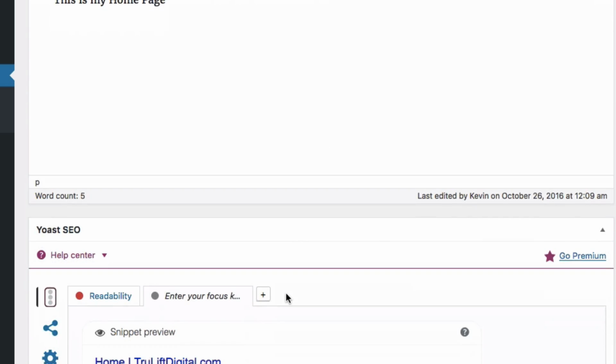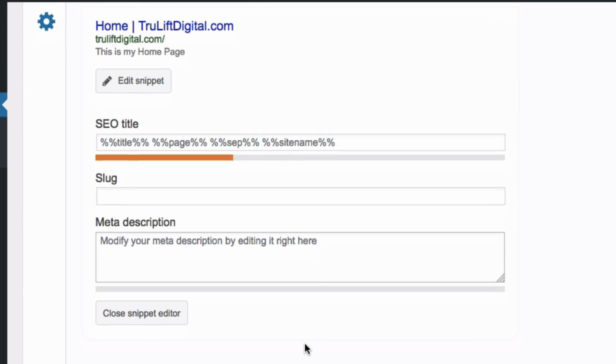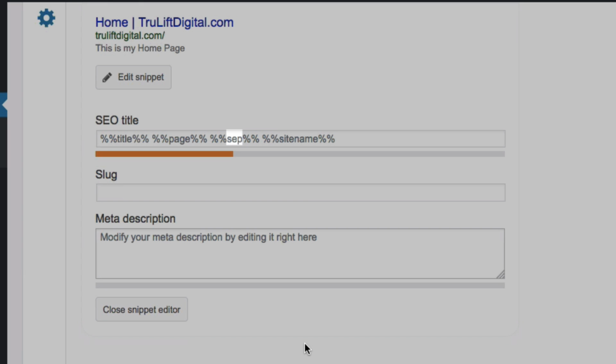The page will pull in a page number if you have that enabled elsewhere. The separator is what you established a few minutes ago in the General tab of the Titles and Meta section of Yoast, where I selected the pipe symbol. And then the site name comes from the site title that you either established when you initially installed WordPress or